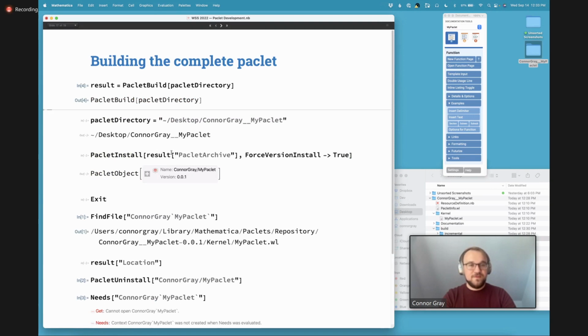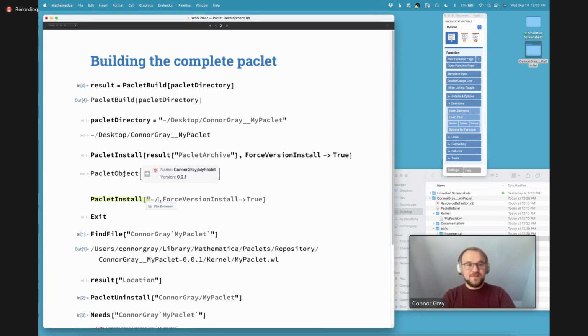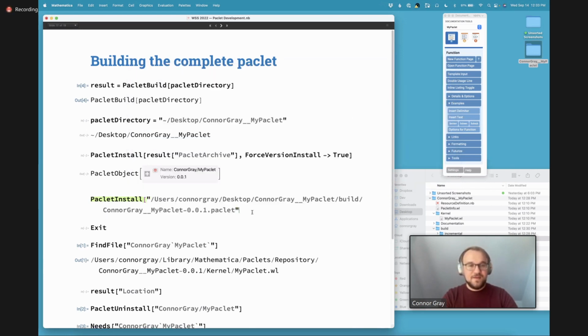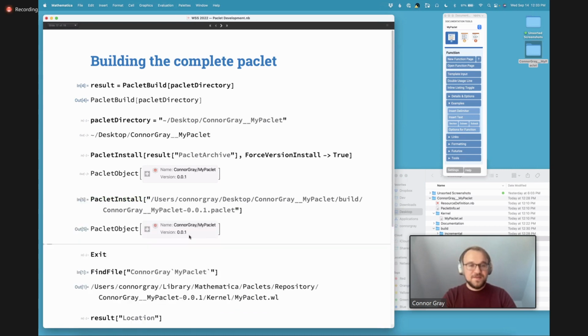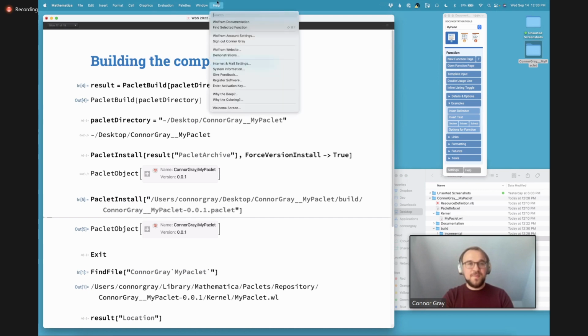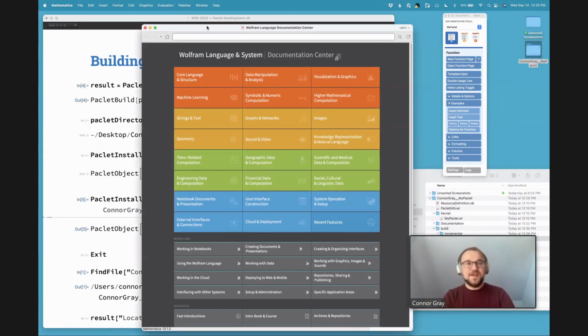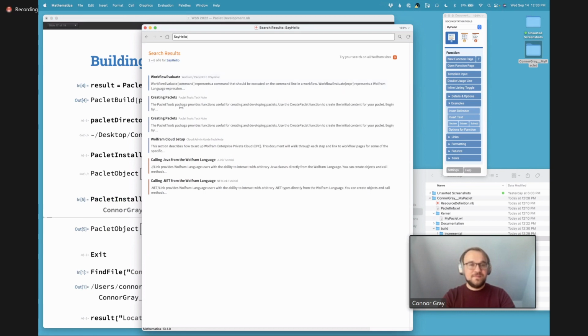So I'm going to go PacletInstall, and I'm just going to browse to it and give it that .paclet file path. I'm going to run that. So I've installed it again because that's one thing I forgot to demo. When you have an installed paclet, not only can you load its code, you can also view its documentation in the documentation center. So if I search for that SayHello function, well, the